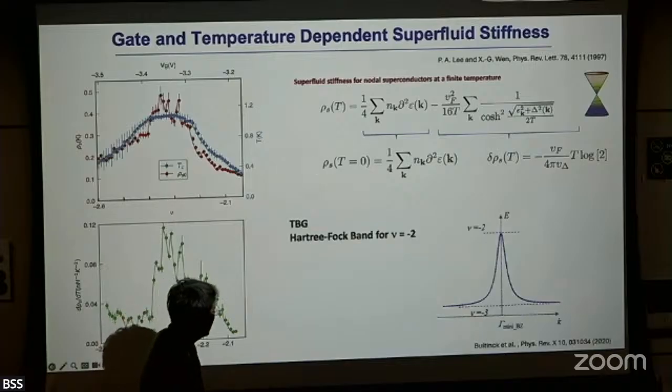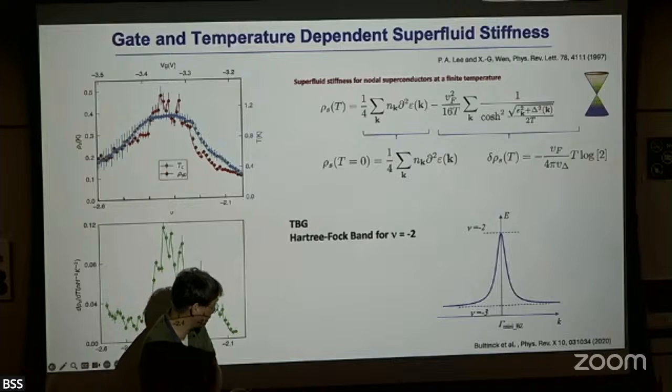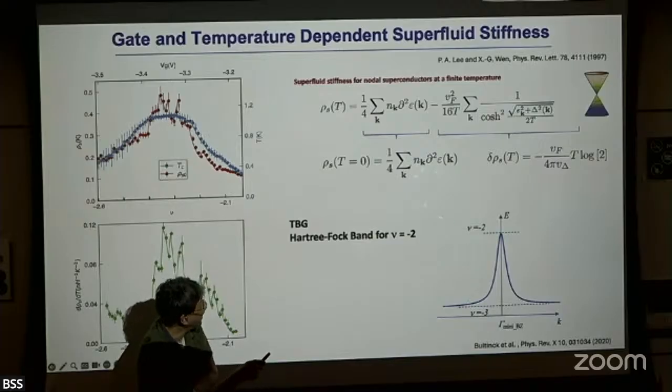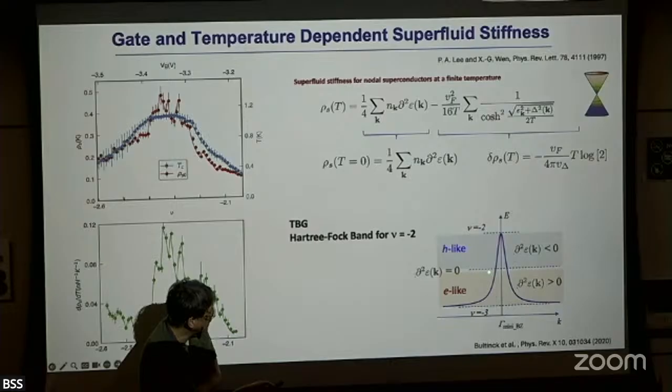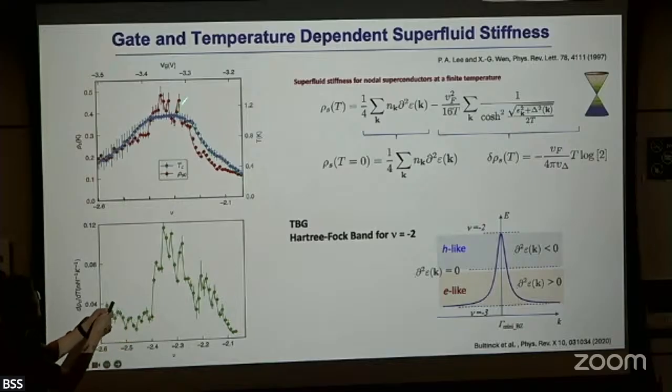Theoretically, the Hartree-Fock band structures between nu equal 2 and nu equal 3 show a strong electron-like and hole-like band asymmetry. Following through, I expect to see in the middle the change from electron to hole, where the mass, the derivative, changes sign. Initially I just fill up the band, but then the second derivative changes sign, and I start to decrease. That more or less explains this qualitatively.